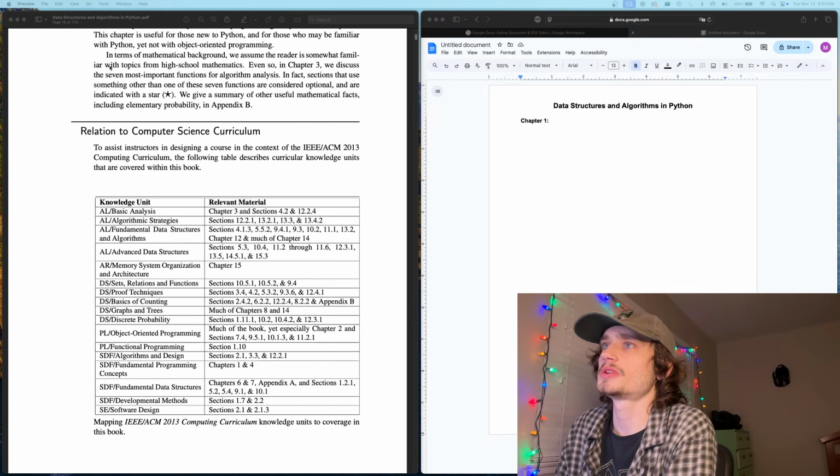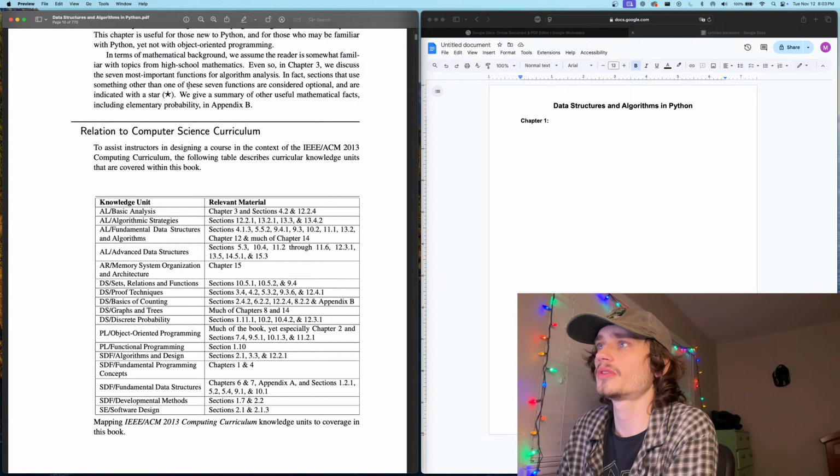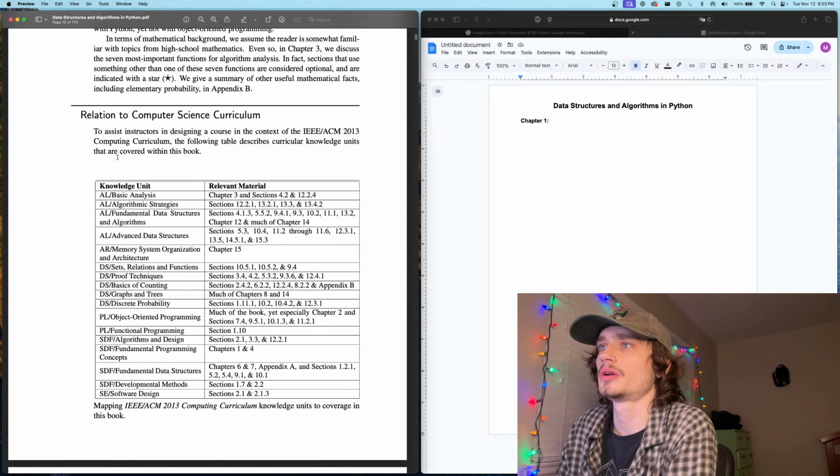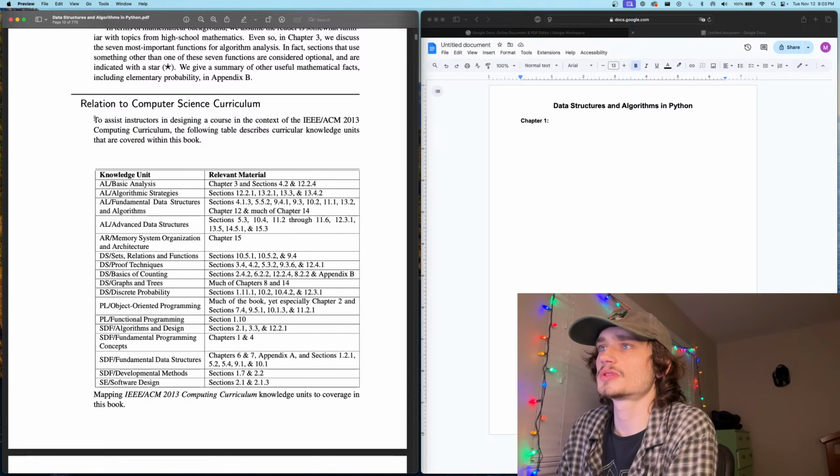Even so, in Chapter 3, we discuss the 7 most important functions for algorithm analysis. In fact, sections that use something other than one of these 7 functions are considered optional and are indicated with a star. Relation to computer science curriculum. To assist instructors in designing a course, here,